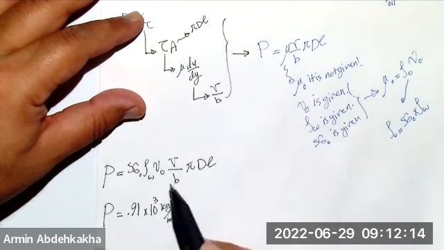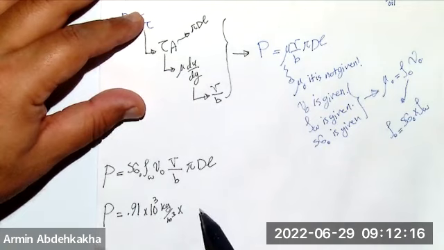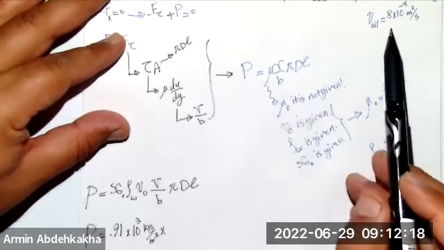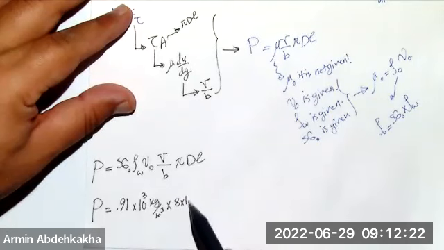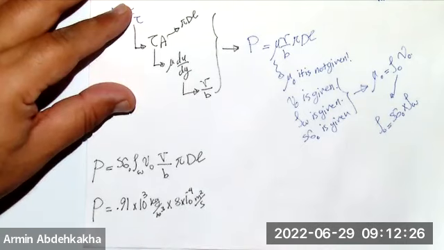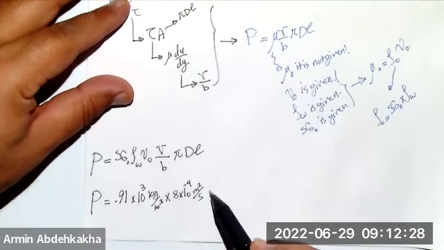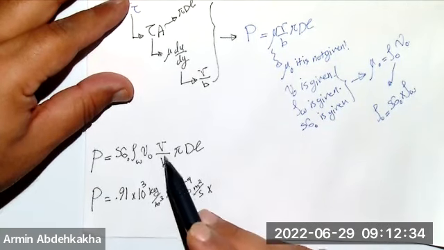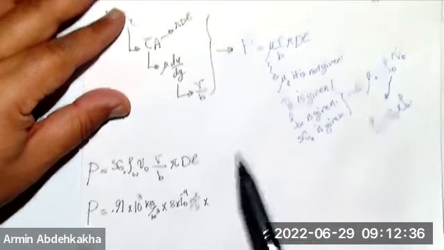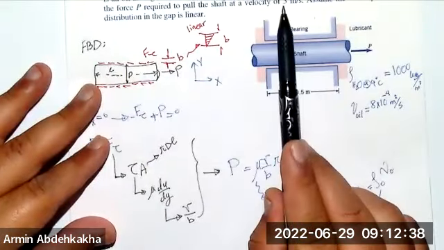Times nu of the oil, which is also given here. It's 8 times 10 to the power of -4 meter square over second, the unit, times V of the shaft, velocity of the shaft also given, 3 meter per second,